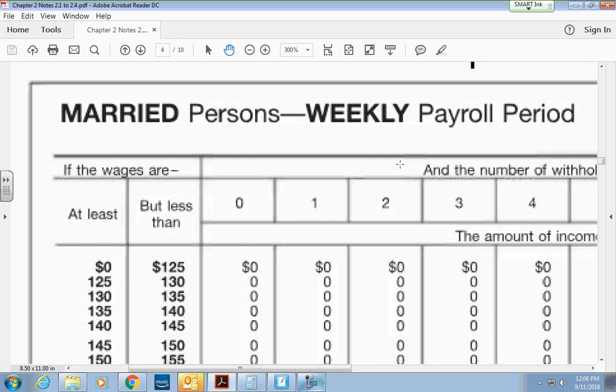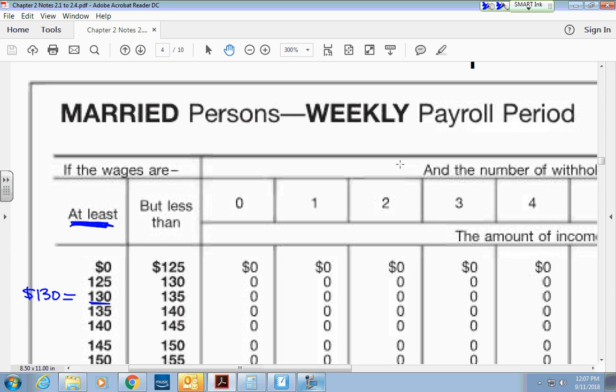So if you go to your chart, it says "at least." The first number is the at least number. You have to be at least 130, which means you can equal 130. There are some sneaky problems in the ones that you're going to get that are going to be right on